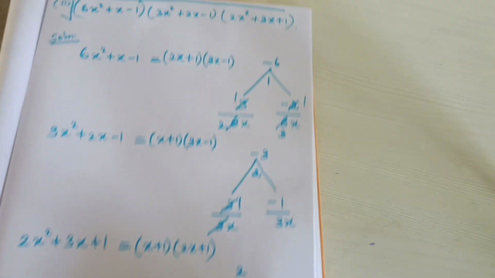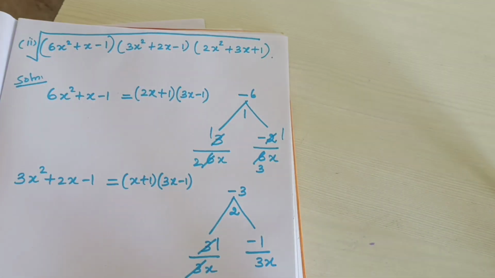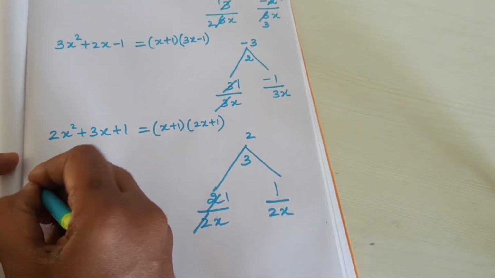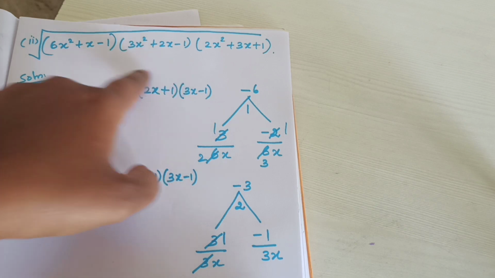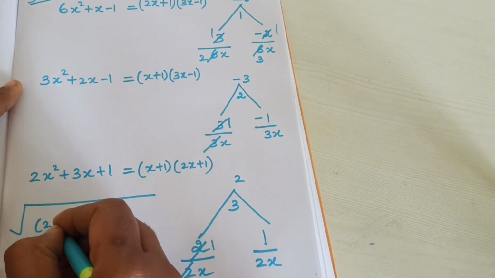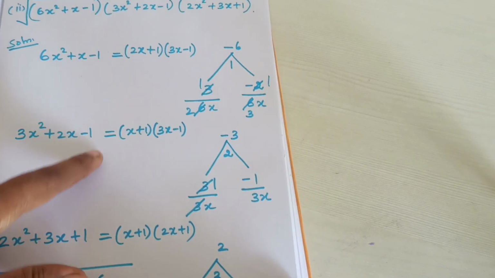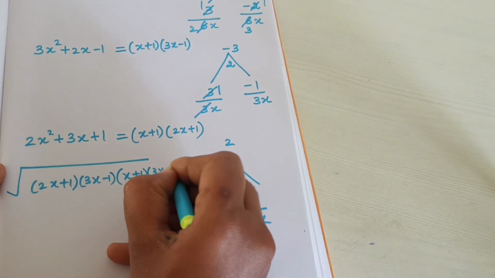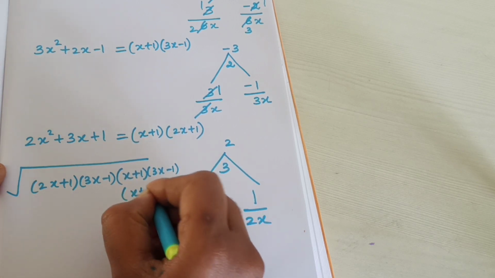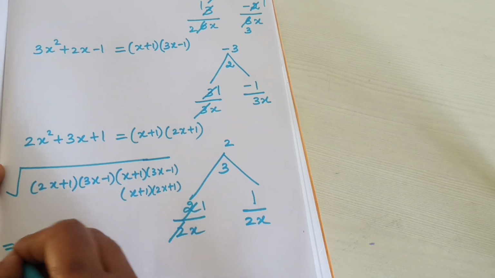Now write the question as it is. We found the three factors. Now under the square root symbol we need to write that. So square root of, see the first one, 6x² + x − 1, what are the factors? (2x + 1) into (3x − 1) into, then second one and third one also I am writing, (x + 1) into (3x − 1) and last one (x + 1) into (2x + 1), which is equal to square